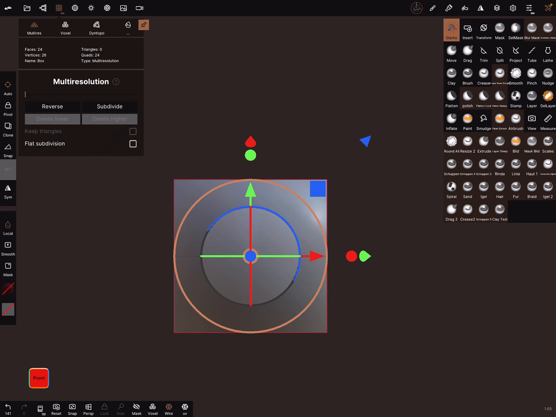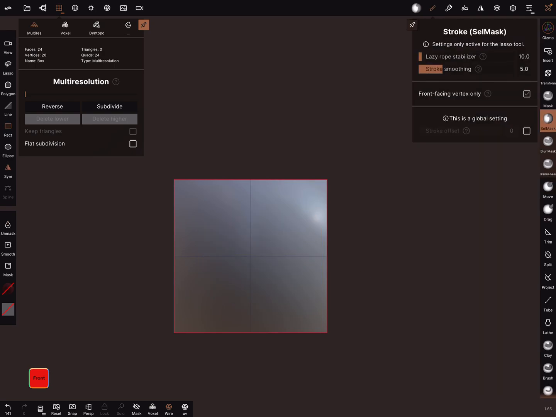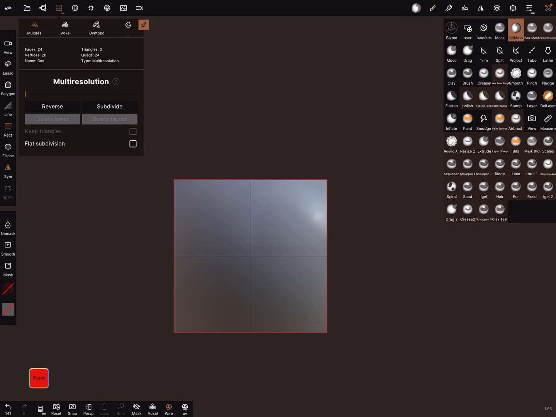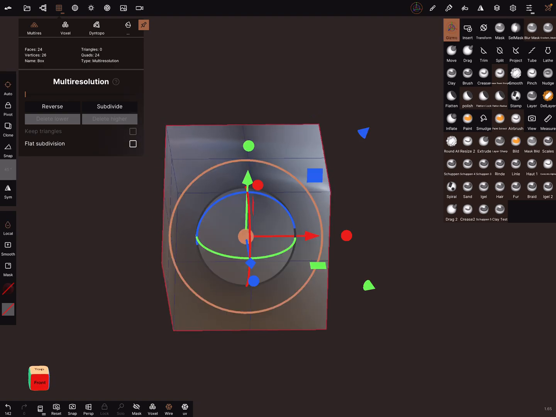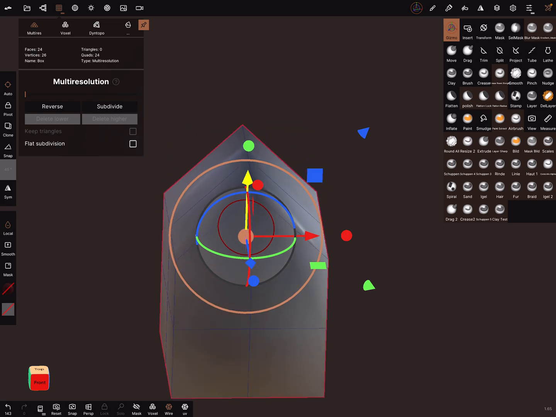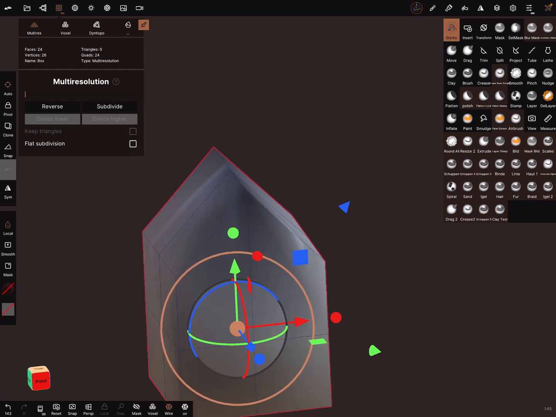You need a cell mask, and check the cell mask in the settings, front facing on or off, and turn symmetry off. And now you can select only this part. And with the gizmo it's now possible to adjust the roof. Only one step.